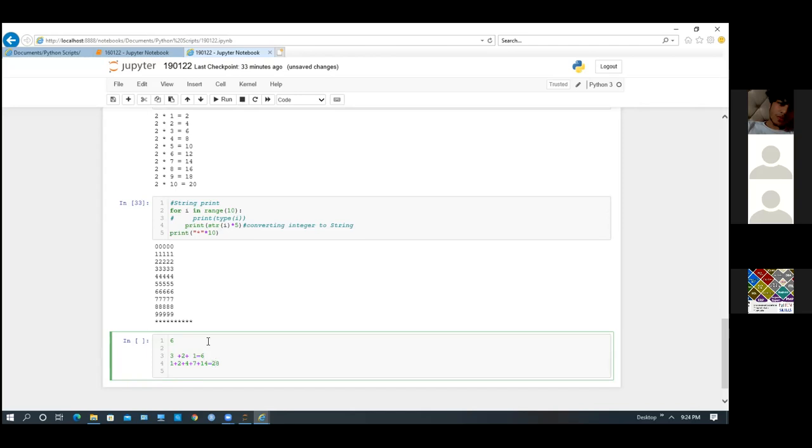Every number is not like this. If I take 8, what are the factors of 8? 1, 2, 4. So it is not equal to 8: 4 plus 2 is 6, 6 plus 1 is 7. So numbers whose factors add up to the number itself are called perfect numbers. You will take a user input and find whether the number is perfect or not. Try it and share it in the chat box. I think it will take 5 minutes max. Do it using a while loop.